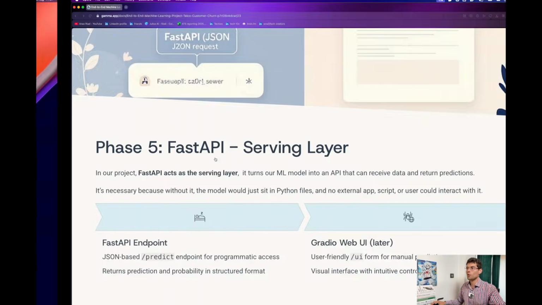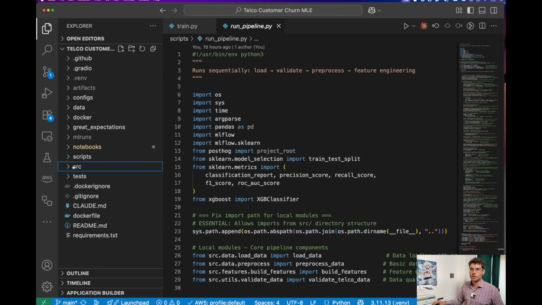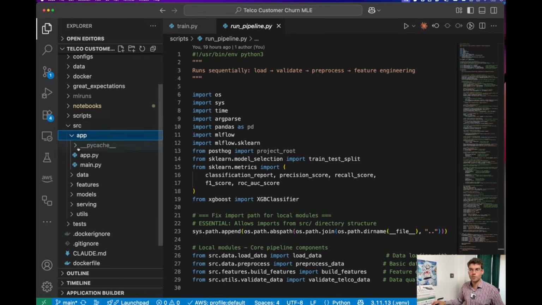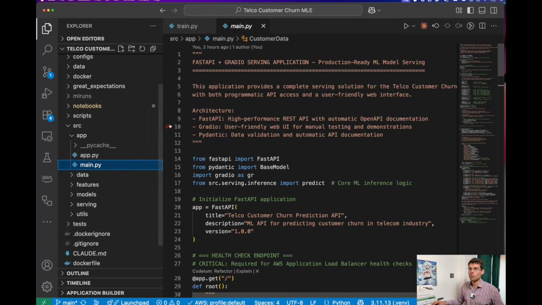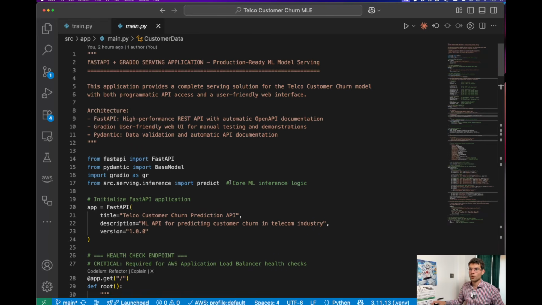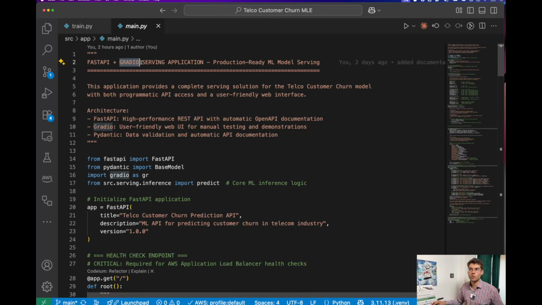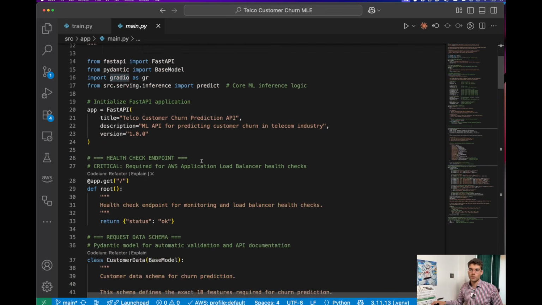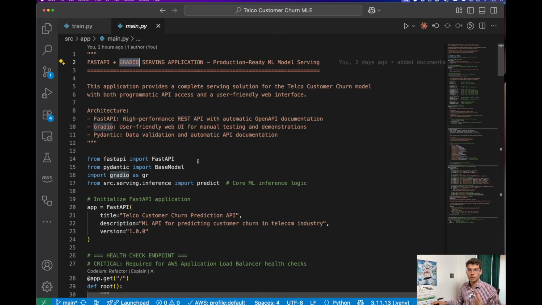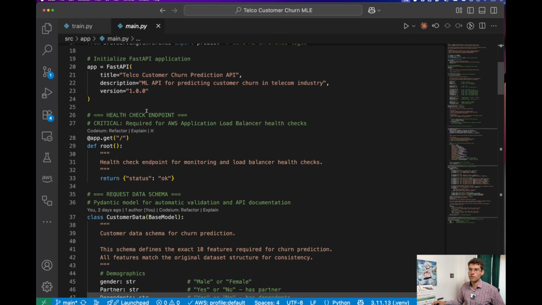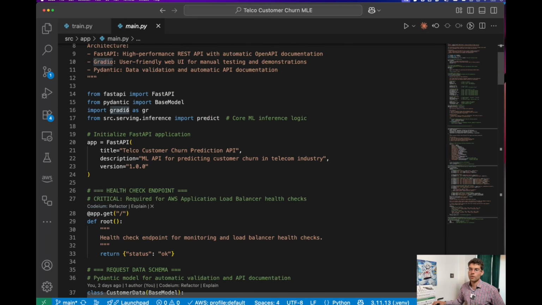Anyway, we'll go to our project, and here inside of src, we have the app, and inside the app, we have main.py. main.py is where I have my FastAPI and Gradio UI in one place. Now we're not going to talk about Gradio, that's later. So I have two sections. The first one is for the FastAPI. We're going to just call the app FastAPI as we saw on the FastAPI website,